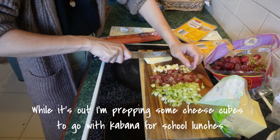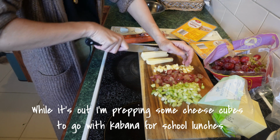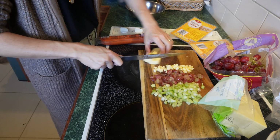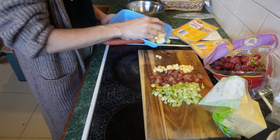You can put it on fresh bread and butter for a quick sandwich with some lettuce leaves, or you can do it over a bed of lettuce if you just wanted to do a quick chicken salad for lunch. I find that having the school snacks sort of